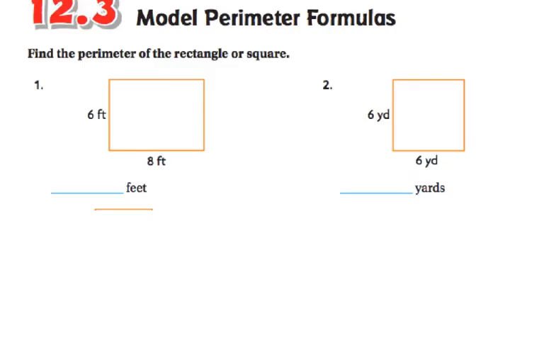So you just simply need to find the perimeter of these rectangles or squares. Now they give us the side lengths. We have this, which is 6 feet, and they give us this 8 feet down here. Well, I know that this 6 feet is the same thing on the other side. This is also going to be 6 feet. And then finally, I have my 8 feet down here, and that's 8 feet up there. So just in case you forgot,